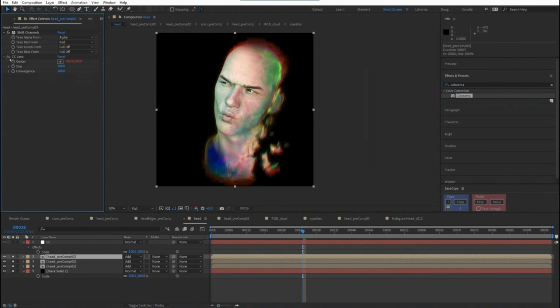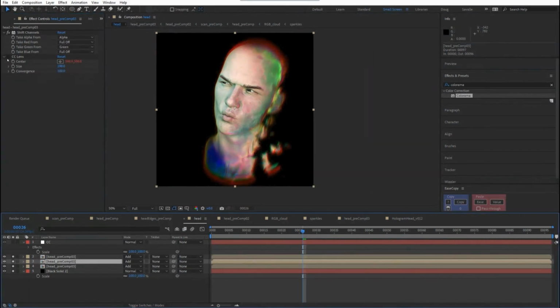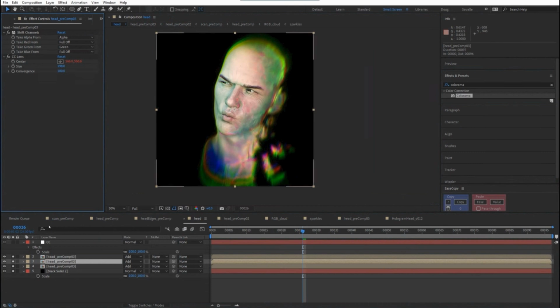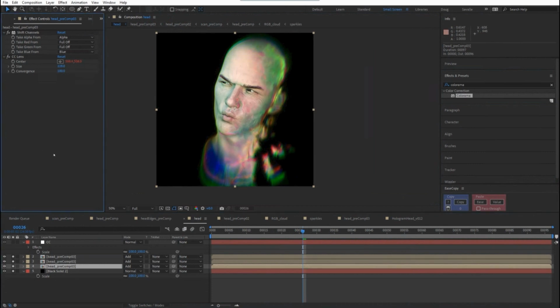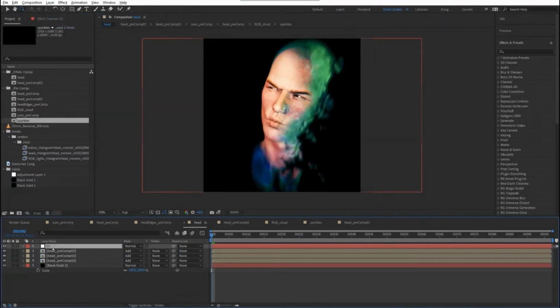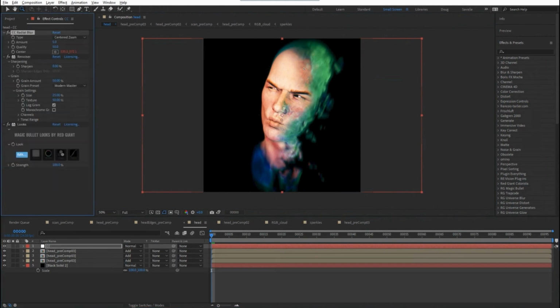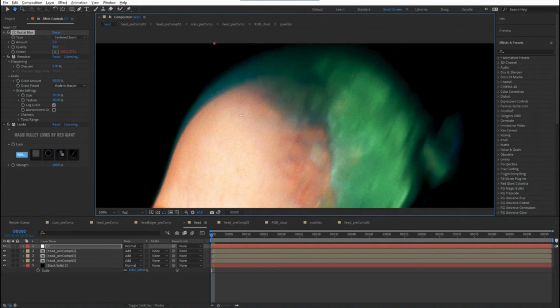But on each one of these, we have this lens effect that is stretching the edges of our render at different values. And then we're also putting a wiggle expression on the center of it, so things start moving around and shifting and giving it that bit of energy. And finally, we have this color correct layer here. On this, we have a radial blur, and all this is doing is just blurring the edges as we get close to the edge of the frame, and it makes everything blend in a little nicer there.